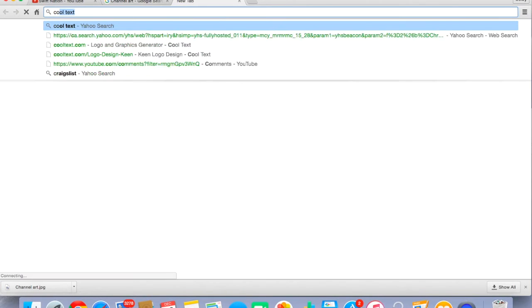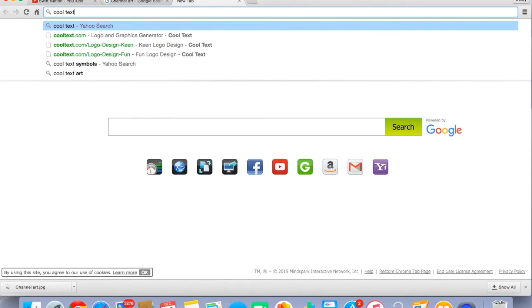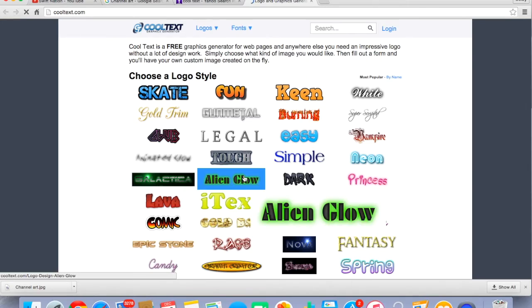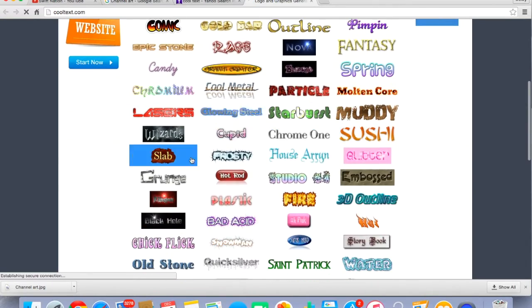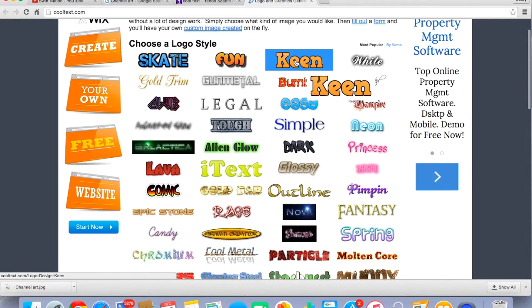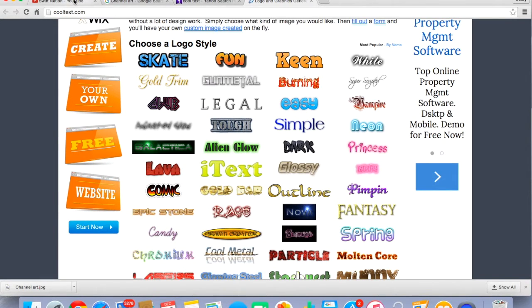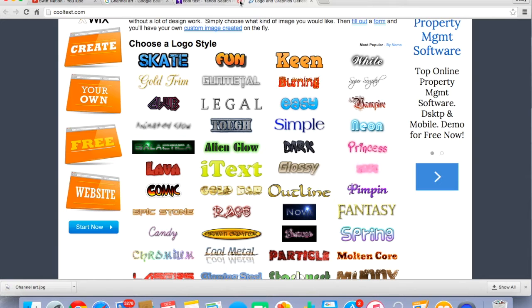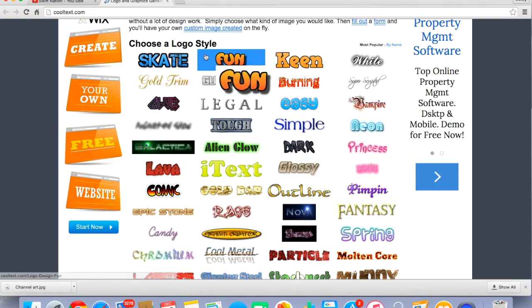Now you want to go to Cool Text, search logo and graphics generator right here. Click on it, and there's many fonts that you can choose from for your text on your channel art, but I'm just gonna go with Keen because Keen looks really nice, and that's the one that I have for my channel art right now, and it fits really good with the background. So I'm just gonna close these tabs. I don't need those anymore. Alright, so Keen,